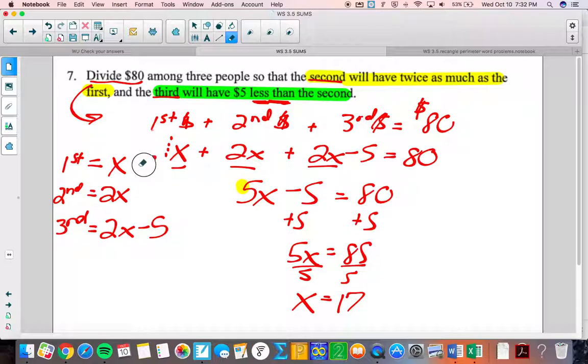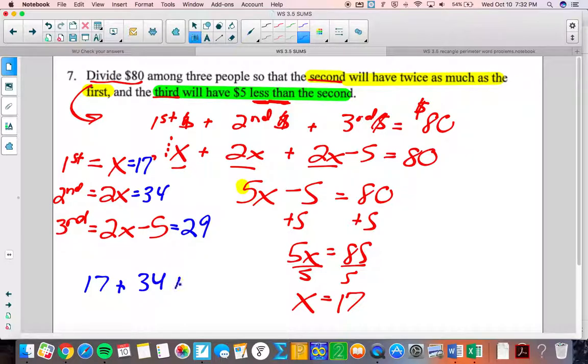Ooh, I meant to change colors. This person gets 17. The first person does. 2 times 17 is 34. And then this person gets $5 less than the second person. So 2 times 17 is 34 again. Minus 5 is 29. And if you take these 3 numbers and add them up, guess what you get? You get 80. So we just finished this off with a